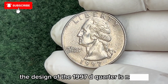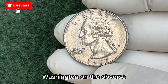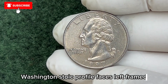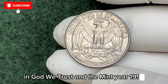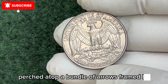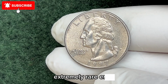The design of the 1997 D quarter is nothing out of the ordinary at first glance. It features the timeless image of George Washington on the obverse, a portrait first introduced in 1932 by sculptor John Flanagan. Washington's stoic profile faces left, framed by the inscriptions, "Liberty, In God We Trust," and the mint year, 1997. On the reverse, the bold American eagle stands with wings spread, perched atop a bundle of arrows, framed by olive branches symbolizing peace. But what sets the 1997 D quarter apart is an unexpected and extremely rare error known as